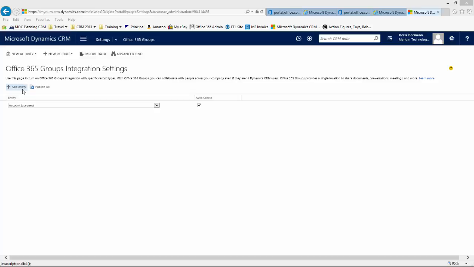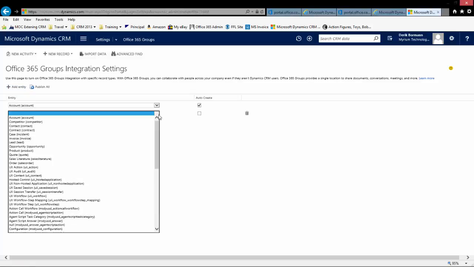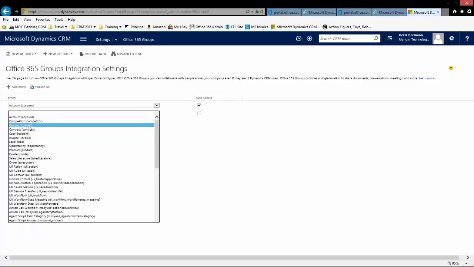So I'll click on Add Entity, and then I'll click on my down arrow. Now, the list of out-of-the-box entities that you see here, that's static. You don't have the capabilities to change or add any additional out-of-the-box entities. Any custom entities that you add to the application will display here and will give you the option to add them. So you're just going to pick the entity that you want to turn it on for,